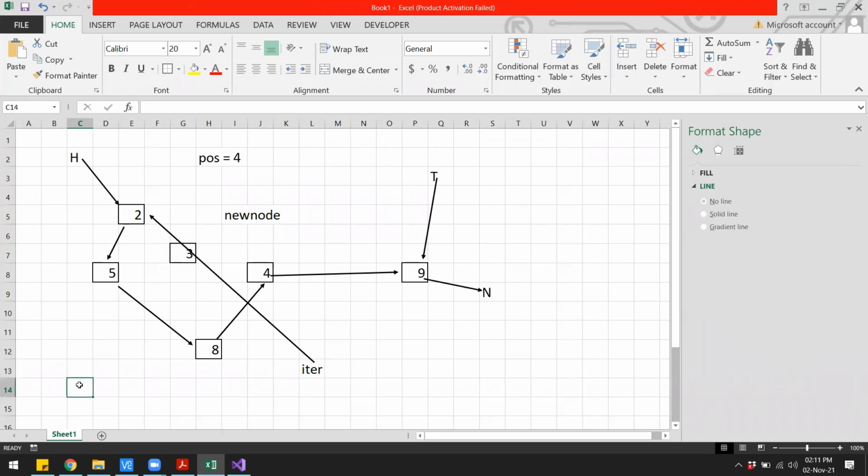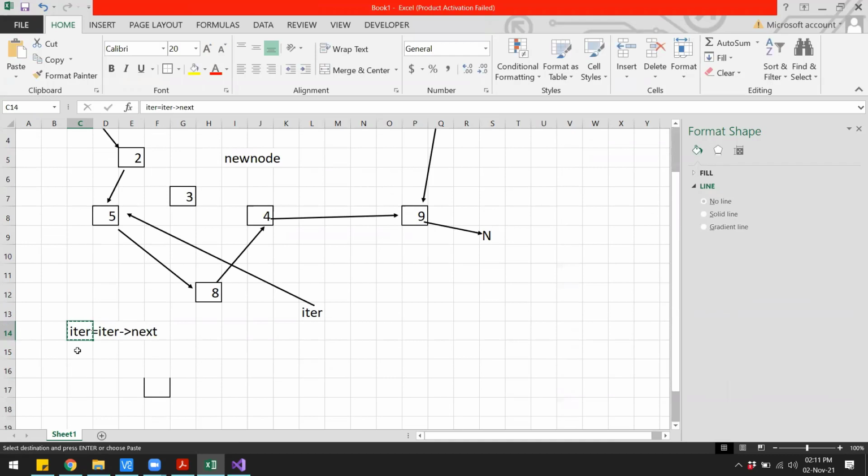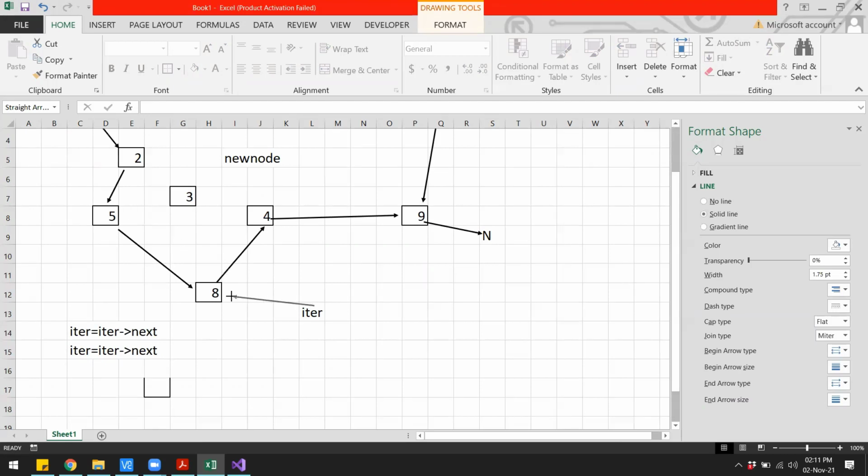And if I say iter is equal to iter arrow next, then what will happen? So iterator will now point to the node with value 5. Now if I do this once again, then iterator will point to the next one, which is over here.